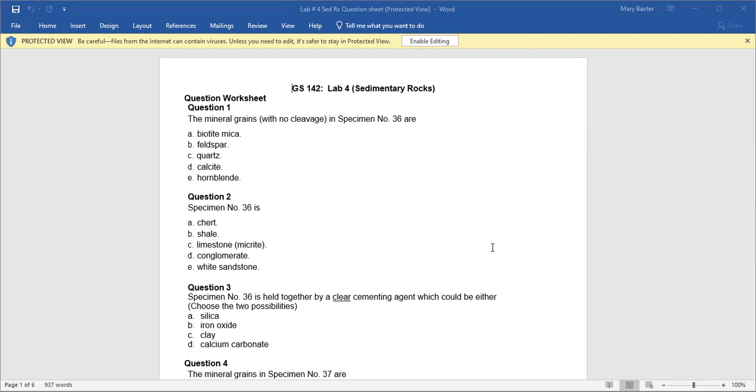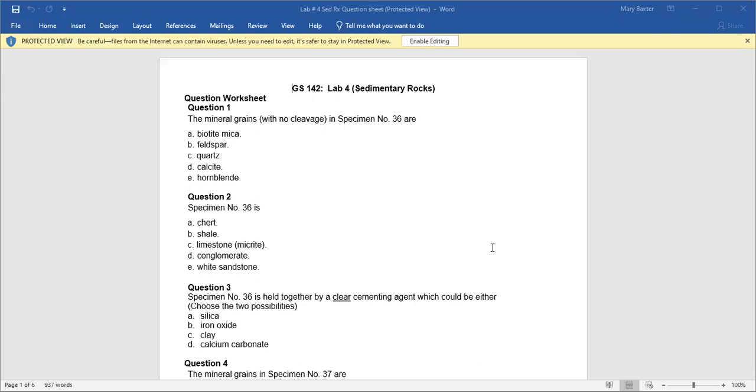Specimen 36. The mineral grains in the specimen with no cleavage are what? Now you can go back and look at your mineral identification chart at all of these mineral names. And there's one that doesn't have cleavage. It's actually the mineral that makes up the majority. We called it that type of sandstone because that's the only mineral in it, at least it looks like. For some specimens, maybe not mine. I had some white specimens in it. Maybe that would be feldspars, but no, most of you just have